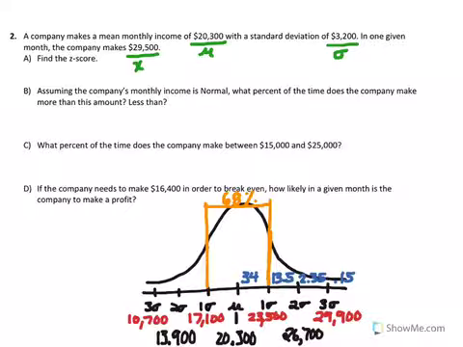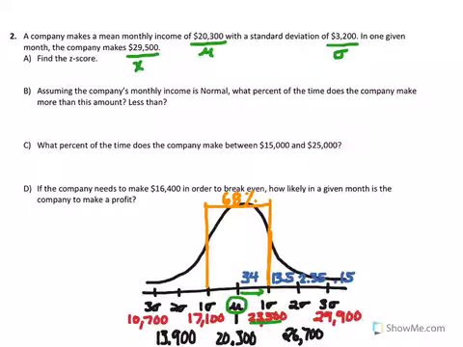And part A says to find the z-score. So we want to know, well, how did they do this month compared to their average performance? So if we look at our normal distribution bell curve here, first of all, we want to know, well, why do we use z-scores? Right? So if we come down and we look at this distribution, we see that our mu is our 20,300, and then if we apply our standard deviation, we go one standard deviation above that, it's going to be 23,500,